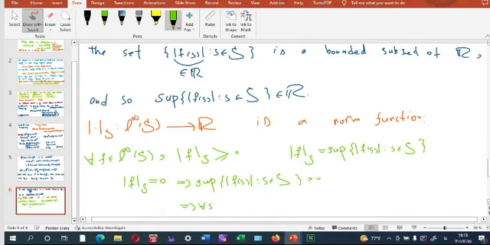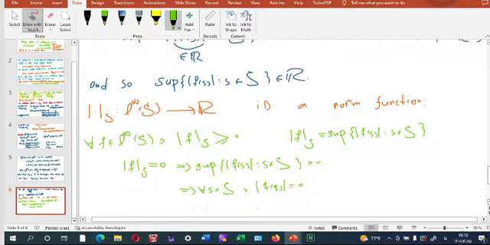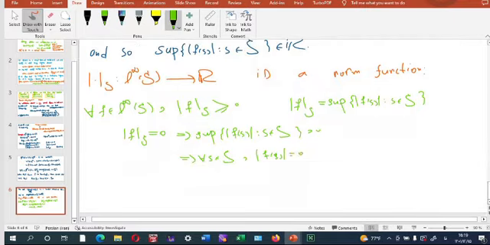For any s in S, this absolute value must be 0, because all of this is non-negative. Okay, and this shows that for any s, f of s must be 0, so that f is the constant function 0. Okay,